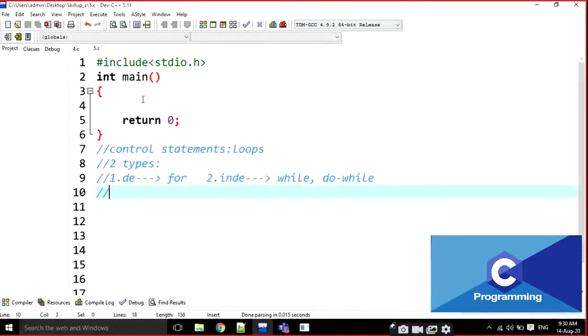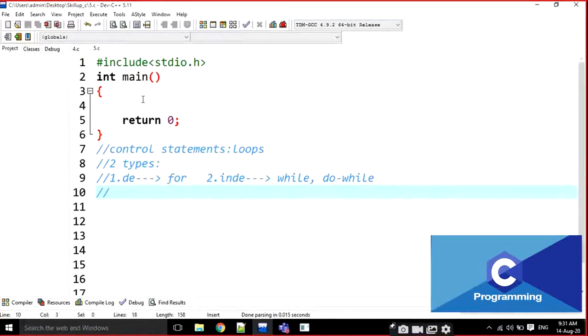Okay. You don't know what definite loop and indefinite loop are, but you are using them like that. Why do you use a for loop for array reading? Because you know exactly what the range is. You are giving some range n, and up to n values you are reading array elements. That's why we are using for loop here. Don't bother about all these things. I will practice a number of questions here, then you will get a clear idea about when to go for a for loop and when to go for a while loop.